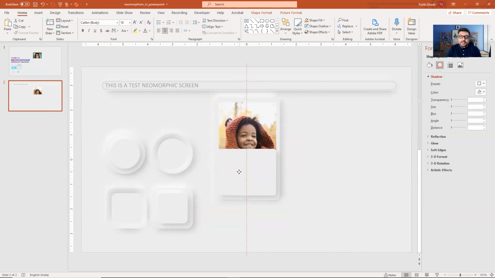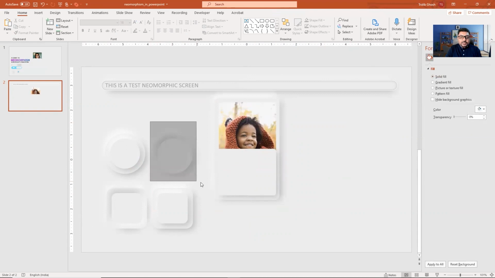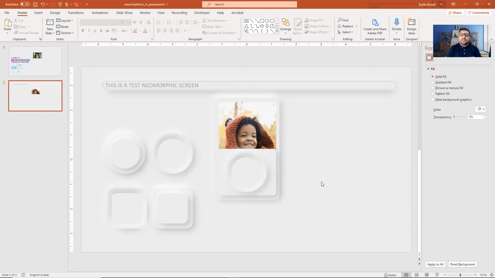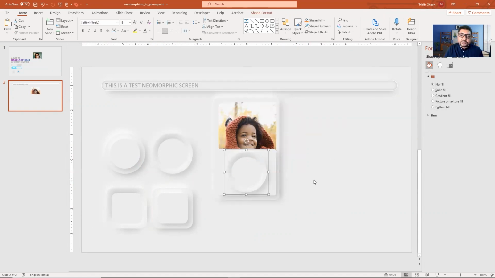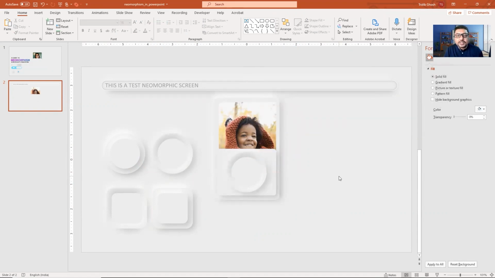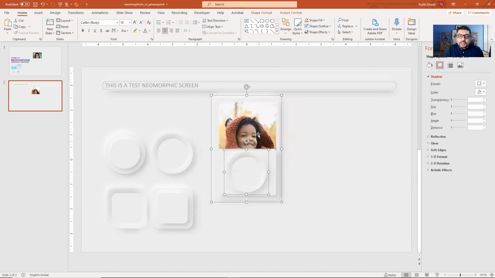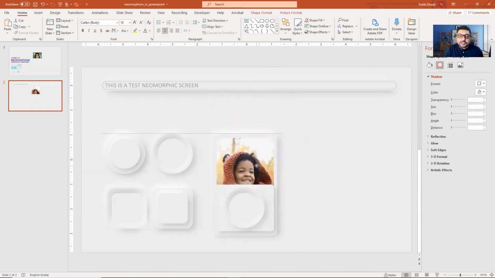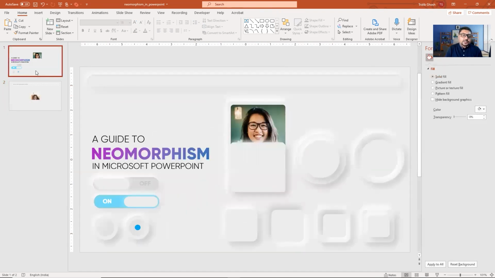It looks amazing. So if I now take this thing and put it at the center, it looks somewhat like an iPod, the older iPod that we used to have. It looks like this, isn't it? So similarly, you can create a plethora of objects like sliders, on and off sliders and all this.